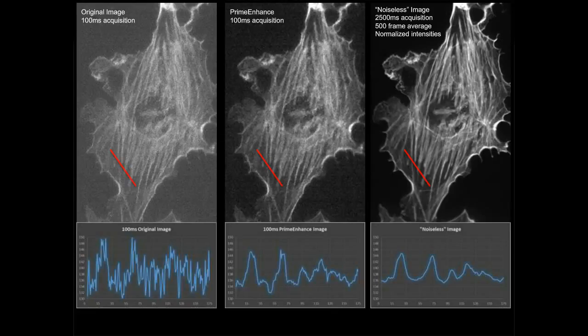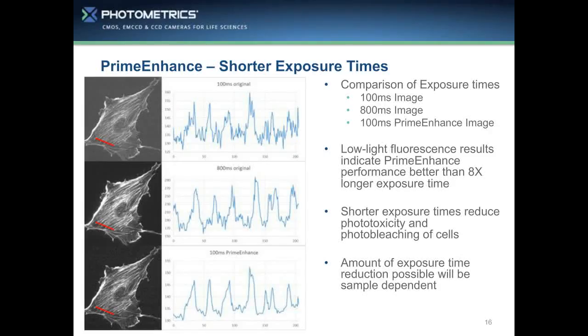Well, how does this affect people experimentally? That's what people always really want to know. This is all nice, but how will this affect my imaging, my experiments? What this denoising functionality allows you to do is effectively get the quality of data as if you had 8 to 10 times more light. And so what you'll see in these graphs here, the first graph is again, I think it's